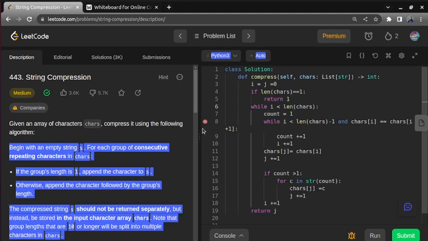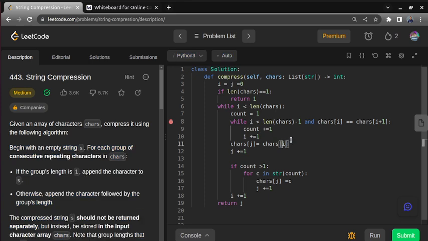And here you can see I have the working code and I already tested it, it is working absolutely fine. So what we have done, we have two pointers I and j, and we are trying to calculate the length. If the length is equal to 1, we are directly going to return it. Then we are using a while loop to traverse. Here we have a count variable, then we are going to calculate the similar repetitive consecutive elements.